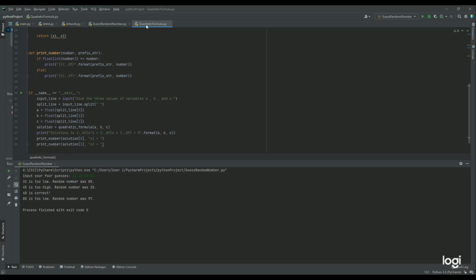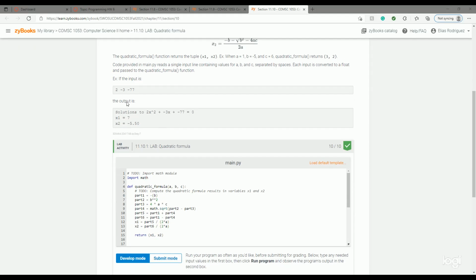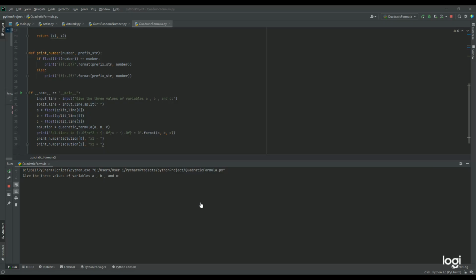So we'll go ahead and run this code really quick. Give the 3 values of variables a, b, and c. I'll hop right on over and show you guys what they used over here so we can compare. So we were given a equals 2, b equals -3, and c equals -77, and it should give us this output. I'll come back to that screen, but I'll go ahead and input that in my code. So I'll type this in, and sure enough, the solution to